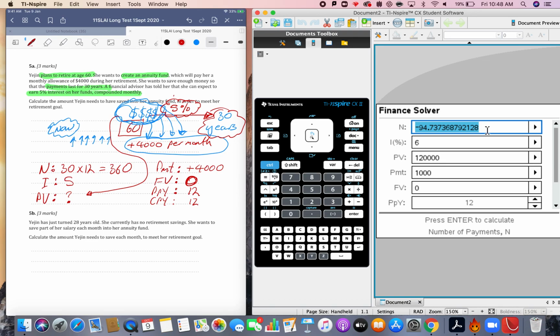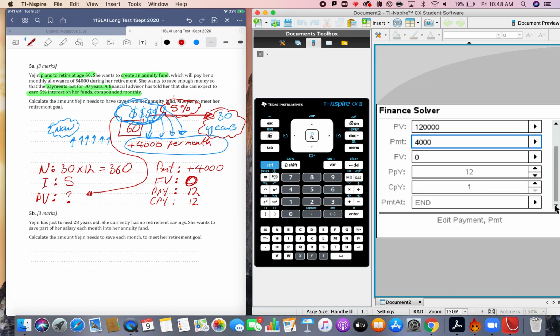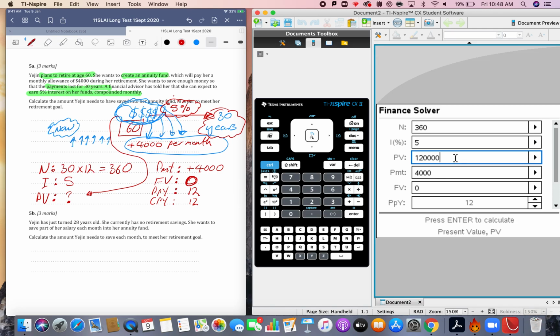So the N is 360, the I is 5, the present value is what we're trying to work out, the payment is 4,000, the final value is 0, payments per year is 12, and C per year is 12 also, and we are trying to solve for the present value. And the present value is, can you see it's negative? So it says negative